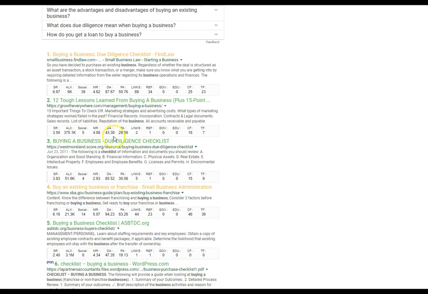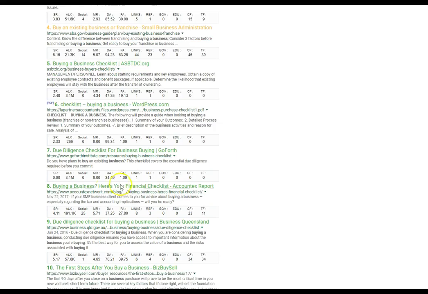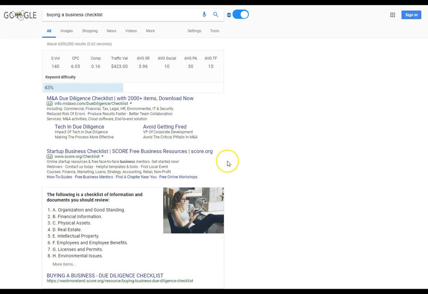And this one, we've got a domain authority of 43. It looks like 35 is the lowest right now. So it's just creating that authority with your website now, instead of having these websites be the authority. But it's going to take a lot of work to do that, and a lot of links to be able to do that as well. So with that,